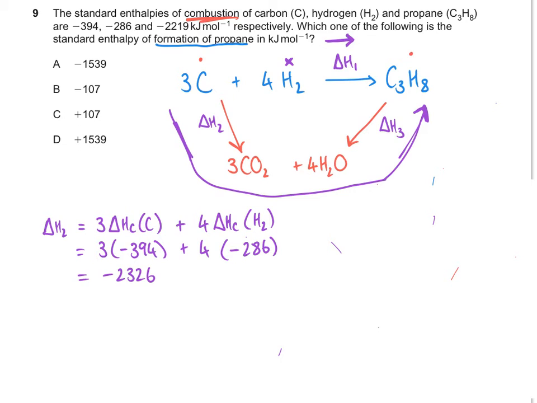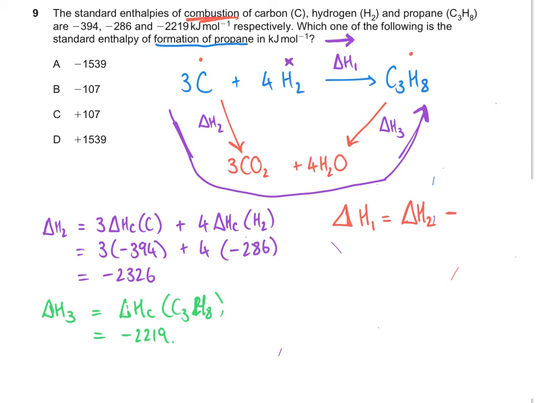Then I can work out what delta H3 is. And if I follow that arrow, it's simply the enthalpy of combustion of propane, which I'm given in the question as minus 2219. Now I can work out delta H1 because I know what delta H2 and delta H3 is. Delta H1 is going to be, well, I'm going in the direction of the arrow of delta H2, so it's going to be positive delta H2, but I'm going against the arrow for delta H3, so it's going to be minus delta H3. So delta H2 is minus 2326, and then I'm going to minus my value of delta H3, which is minus 2219. That works out as minus 107 kilojoules per mole,